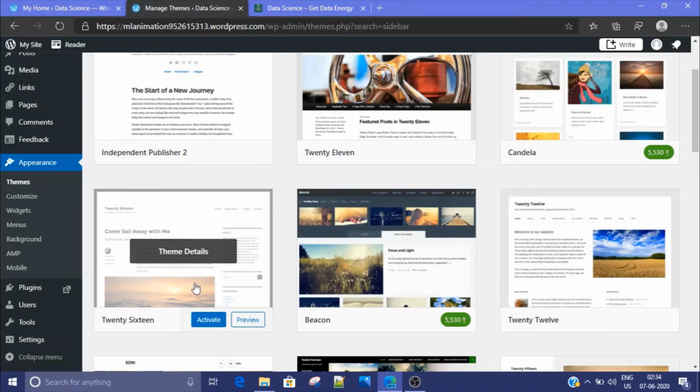Since I have used this particular theme for my website to create sidebar, I'll use the same to illustrate the creation of sidebar in this video. In order to activate a particular theme for your website, you have to click on activate. This will activate this particular theme for your website.